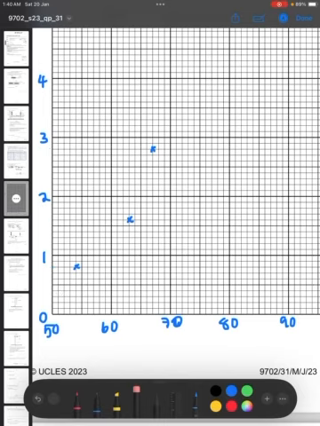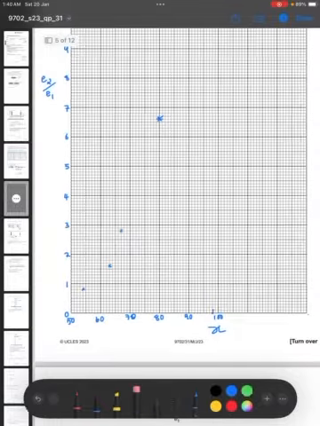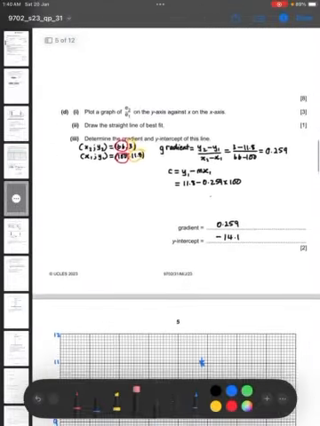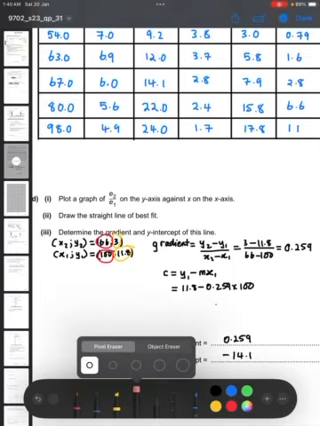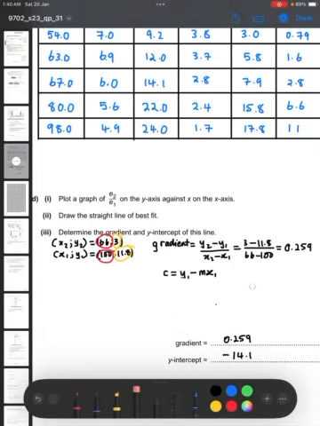So I've removed all the dots. Now the next thing, according to the question, is to draw. Forget about this one, I had done a different question before. The next part, according to the question, is saying draw